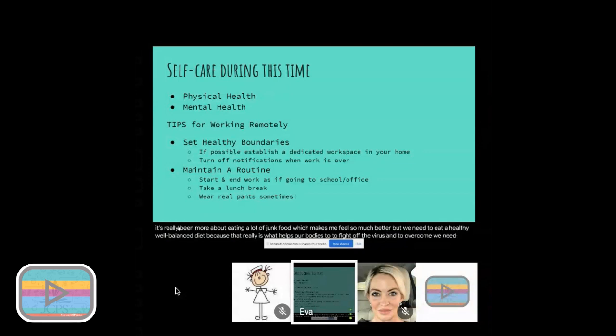We need to drink plenty of water. We need to aim to get 7 to 8 hours of sleep at night. It is important to exercise every day. Of course, if you're sick, that may not be happening so much, but if you're caring for somebody and you're